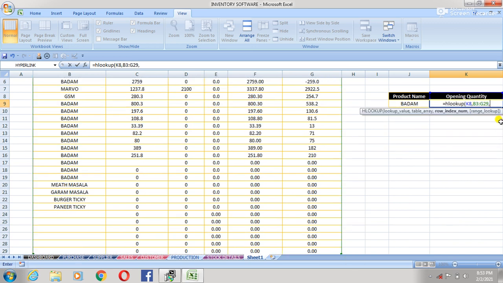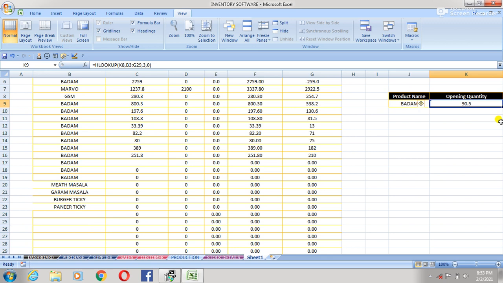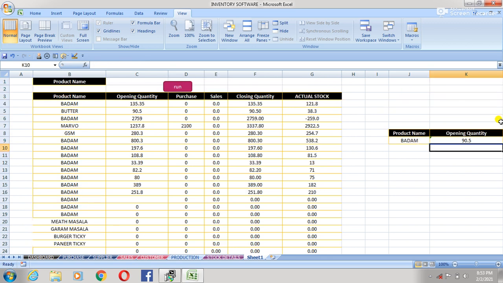And after that, the row index number: temporarily I give 3. Comma 0, enter. Okay, 90. Opening quantity 390, this is our quantity, opening, row number 3.